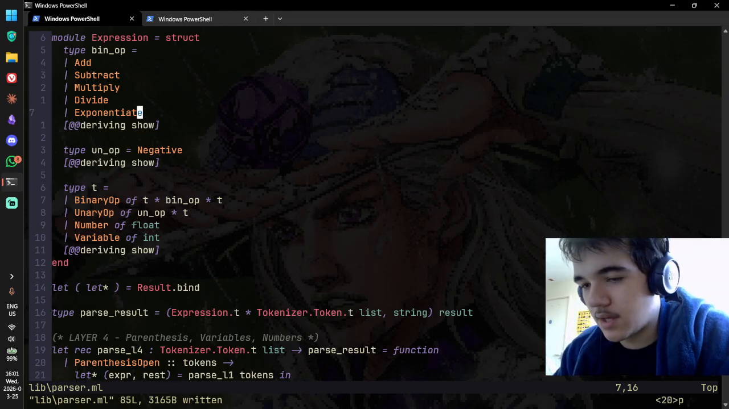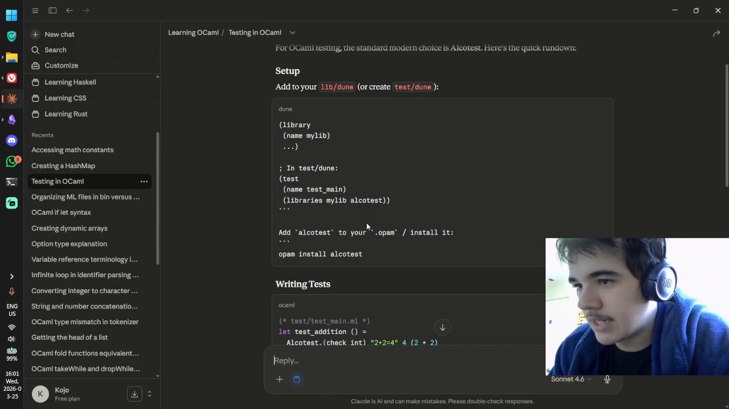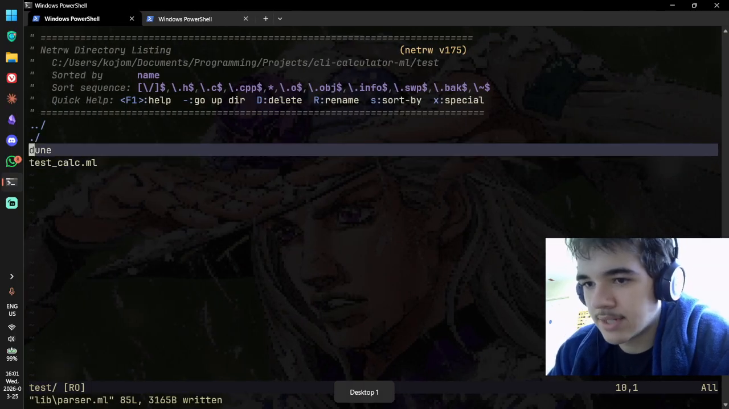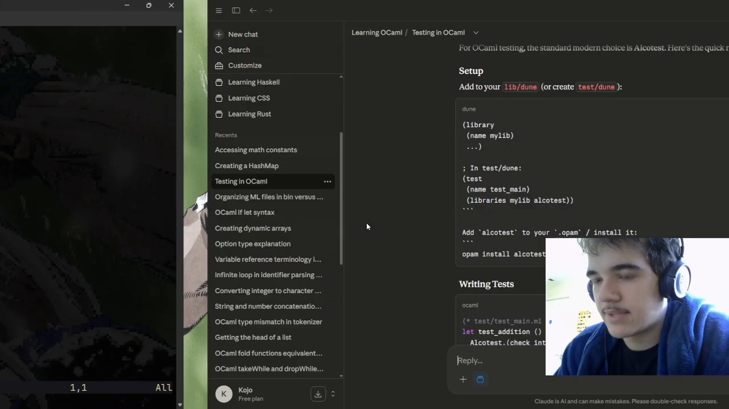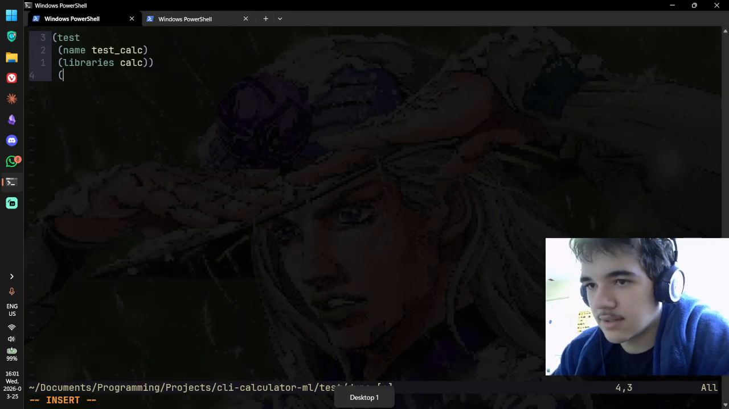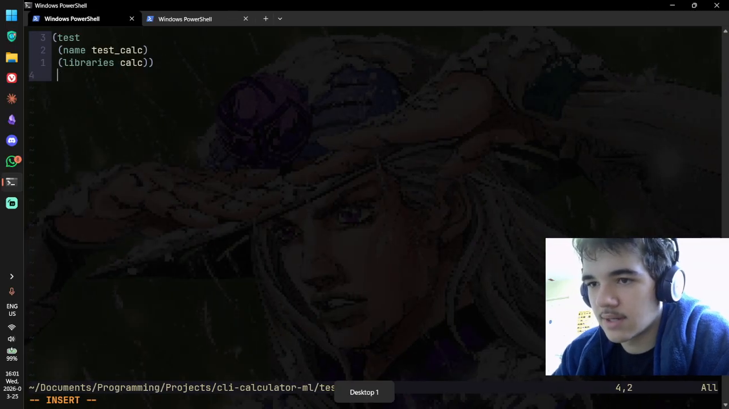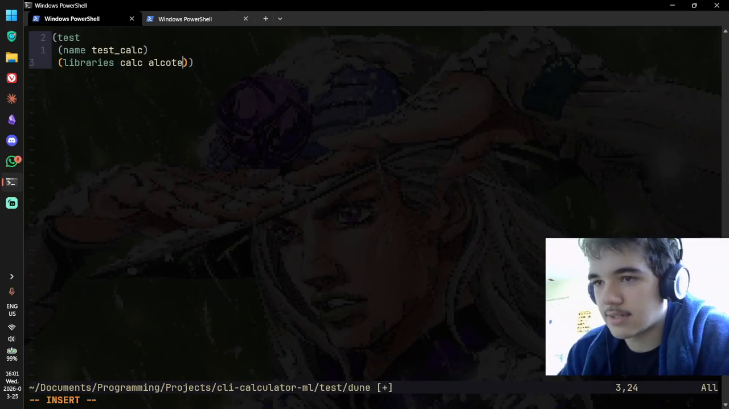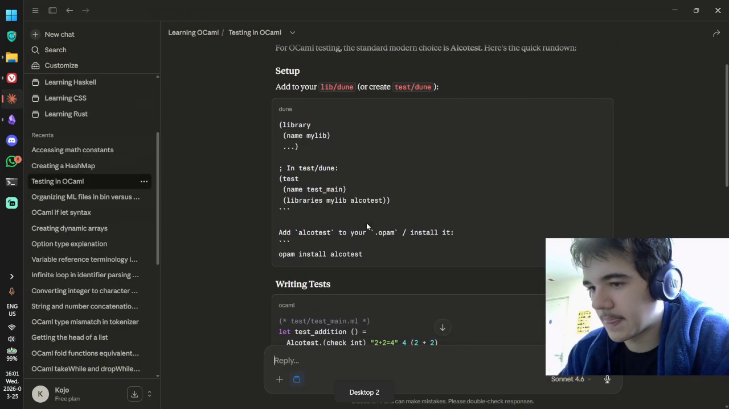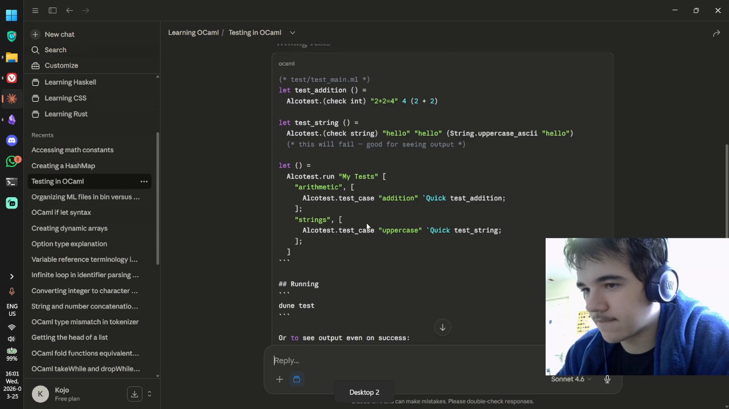And in the meantime, let's go to test. Add to your lib dune or create test dune. Yeah, we're doing test dune. Name test_calc, sure. Just include the libraries. Libraries calc. Oh no, I list them. So calc and alcotest. And then in this test file,